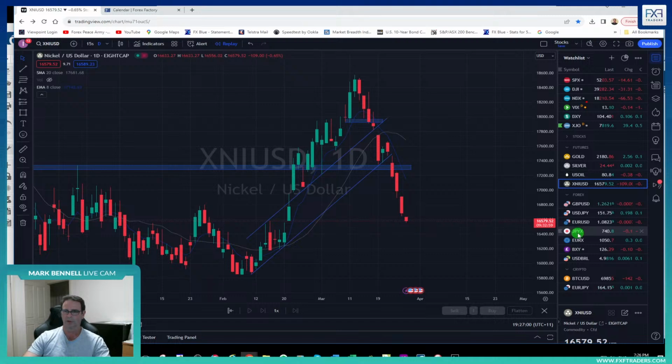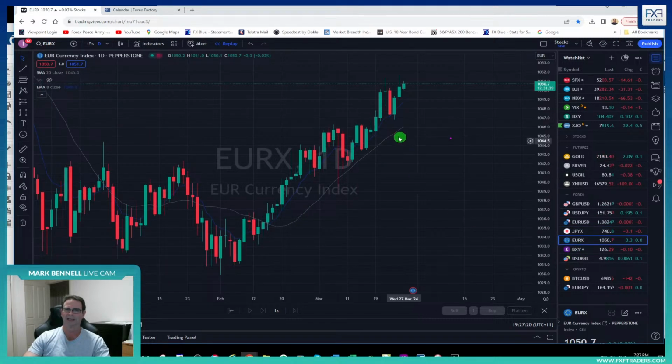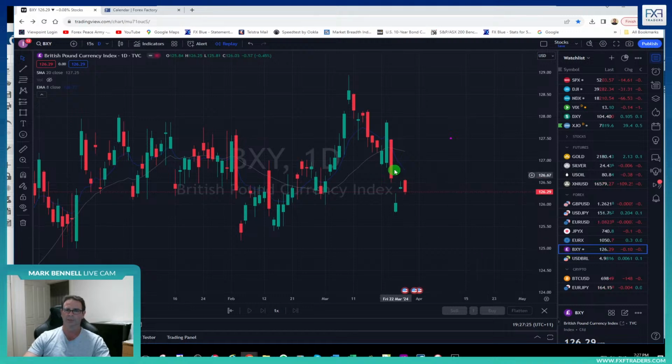All right, let's have a quick look at some of the currency indices. Big move down on the yen, just pulling back. Not immediately selling off. This almost has the look of consolidating through here for a move out. So that will be interesting. The euro currency index, just continuing long, very strong. The British pound, not sure this is the right chart, but anyway. All right, so let's have a look, folks,